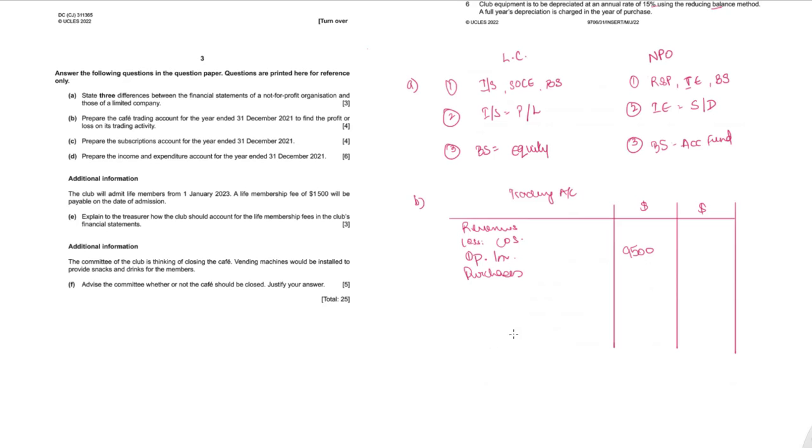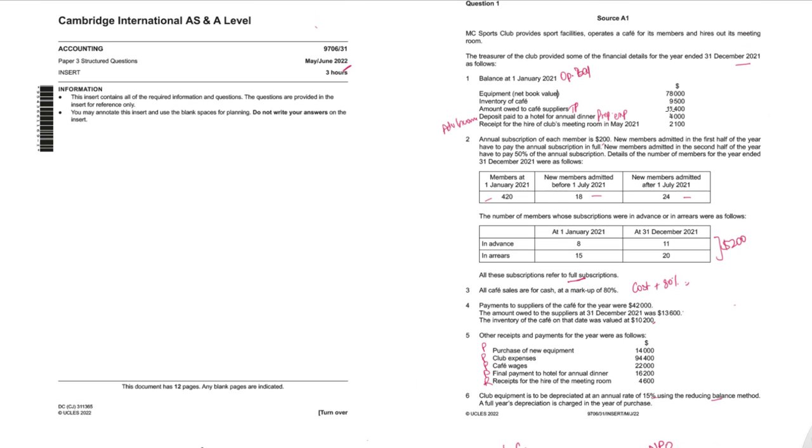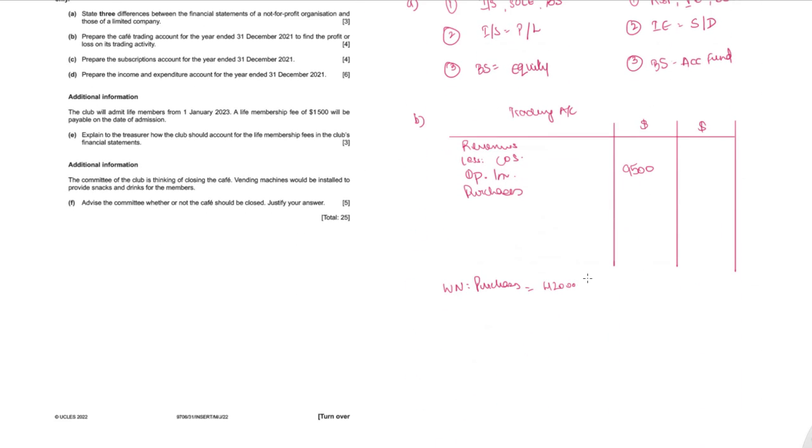Purchases, not given directly, but you can show a working note here. Purchases is equal to the payments 42,000 plus the closing trade payables 13,600 minus the opening trade payables 11,400. So 44,200. From this we will subtract the closing inventory, which is given above, 10,200, and then we get the cost of sales